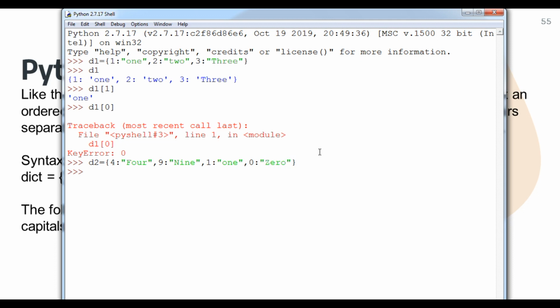So here is my other dictionary. I can type like this also. If I now type 0, it will print 0. Why? Because I have mentioned 0 here as a key. Out of that I can't print anything.